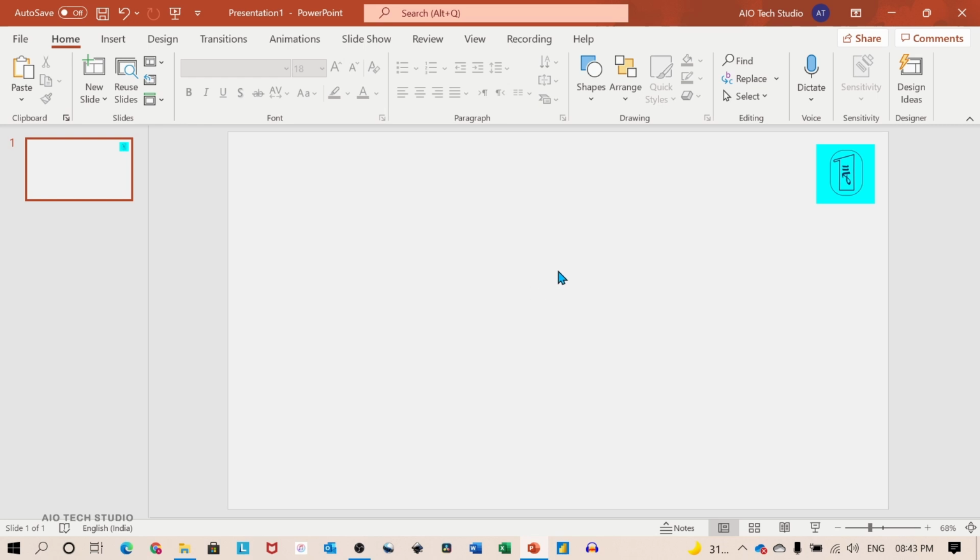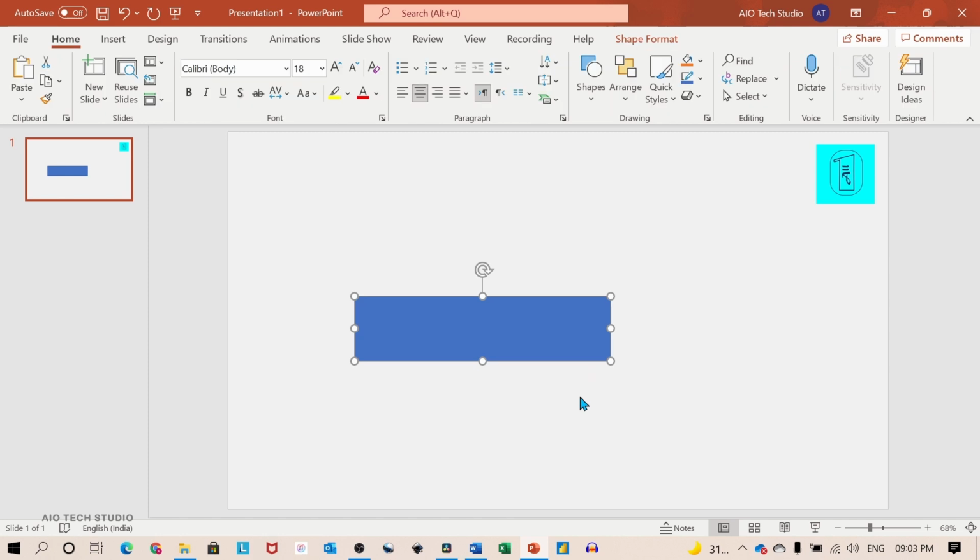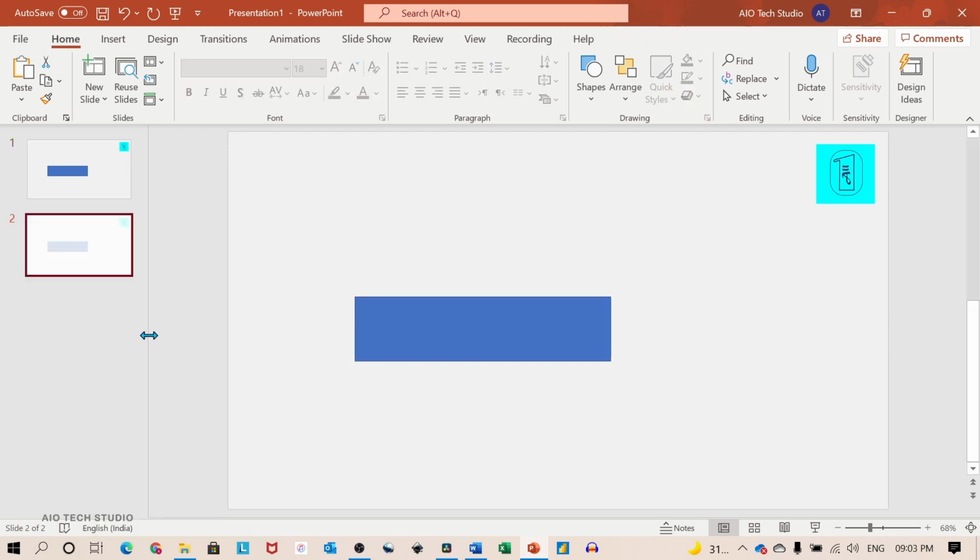Let's see how to create a morph transition in PowerPoint. For that, I'll insert a regular rectangle on my slide. This object can be a picture, a different shape or a text box. The most important thing to create a morph transition is that PowerPoint needs to identify the similar objects in two different slides. So the best way is to duplicate the slide with the object. Now PowerPoint has identified the two rectangles are similar in the different slides.